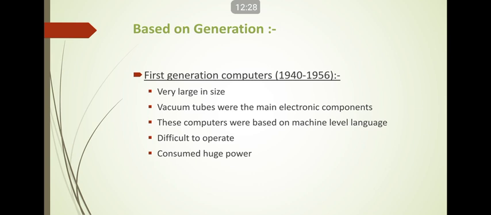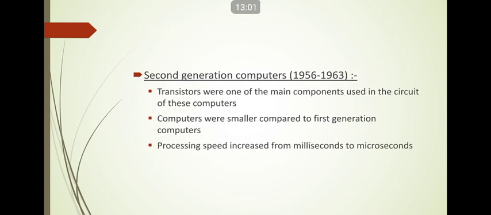So just because of 0-1, because if you are saying everything there in 0-1, right now we are speaking in English language. So the computer language with 0-1 becomes very tough to understand and operate also, because if you will not understand the thing, then definitely you will not be able to operate. If I am saying anything to you in a different language which you are not able to understand, definitely you will not be able to do that particular work properly. And as I have said earlier, it consumes huge power.